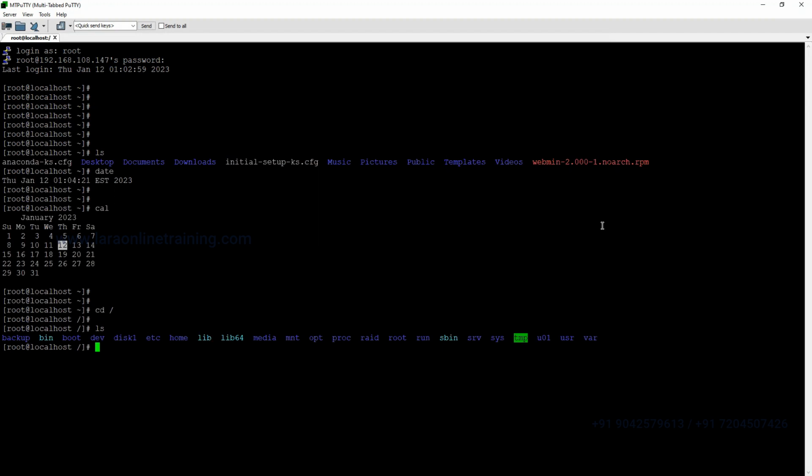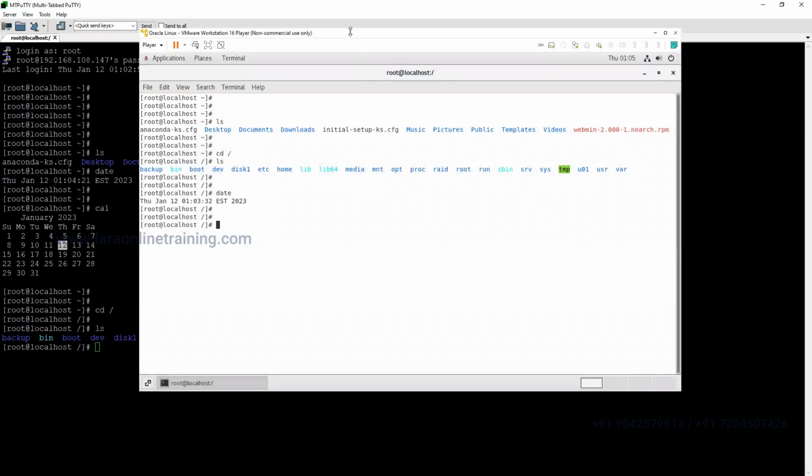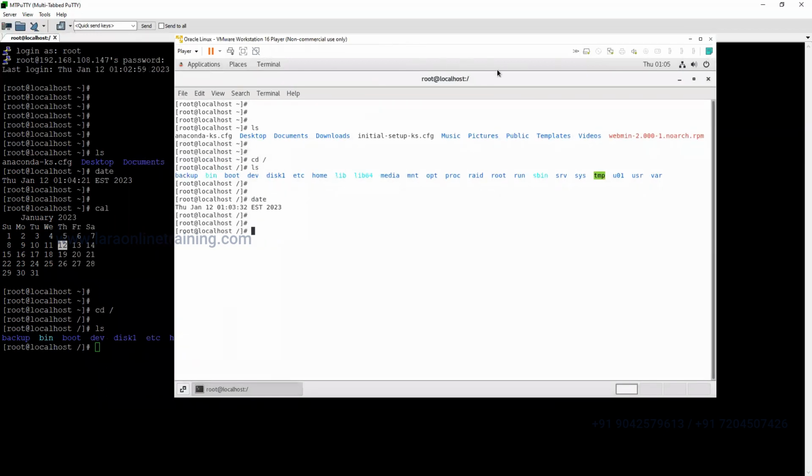Even partitioning is done this way. You could do everything graphically also, but learning only graphics makes it very difficult to survive in IT, because graphical mode is very slow compared to command mode, and not all engineers can get graphical access. If your company's servers are in a data center, not in the office premises, you don't get physical access. Even so, you can log in using VNC Viewer or tools like Xming, and get graphical access.